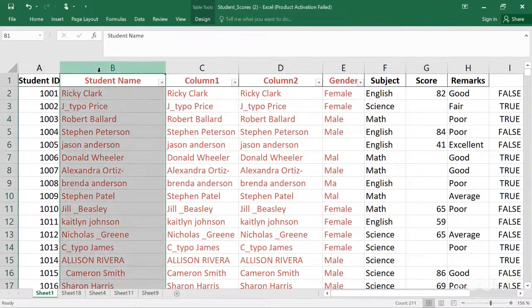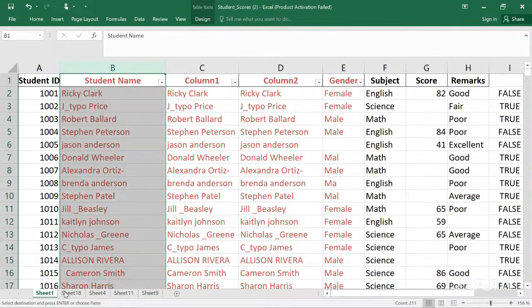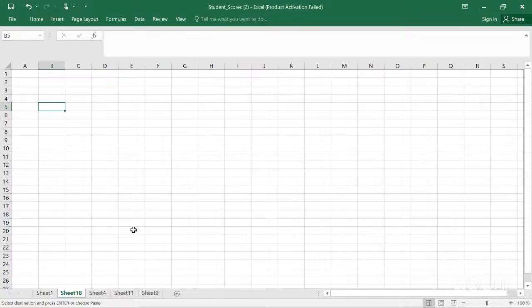Now, transpose. Let me copy this. Control C, copy. Let me move to this new sheet. Okay, I created a new sheet. So normally, when you want to paste, using shortcut, you use Control V, right? But if you check what we copied,